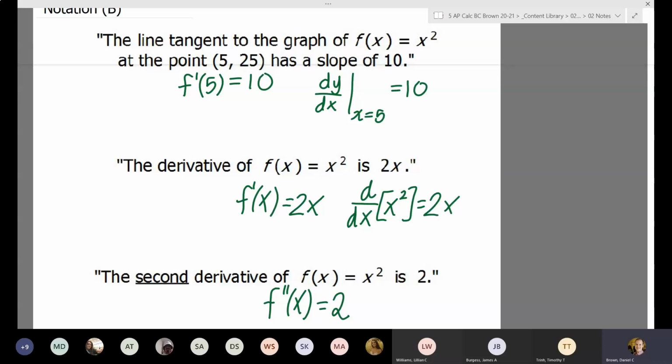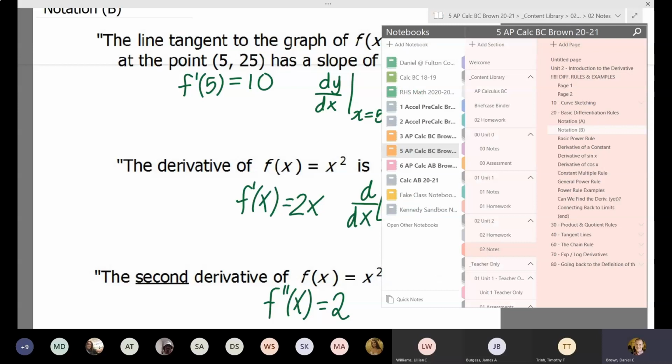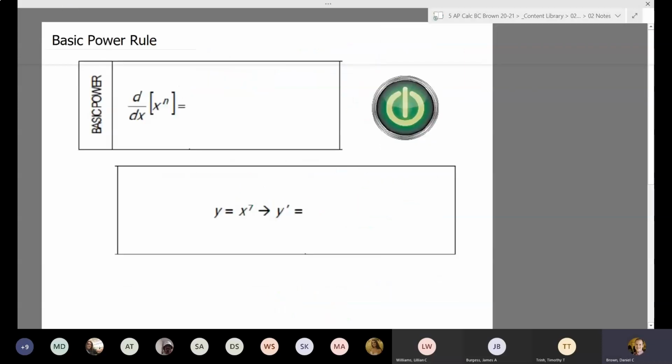So today's notes, we're just going to run through a bunch of rules we have and then see where we're at. The first rule that we have is called the basic power rule. All of these rules, again, are on that handout you can print out, or you can follow along in the notes, or you can go back to that page at the top of the notes later and fill it in. But the basic power rule is going to be used when you have x raised to a number,